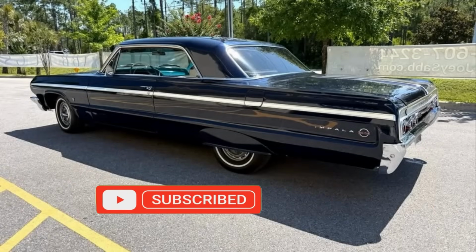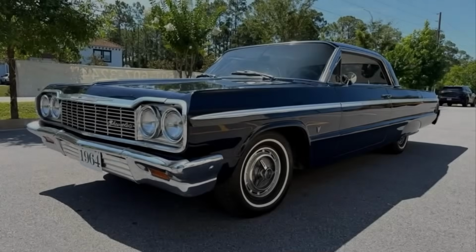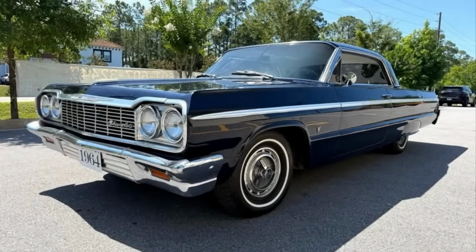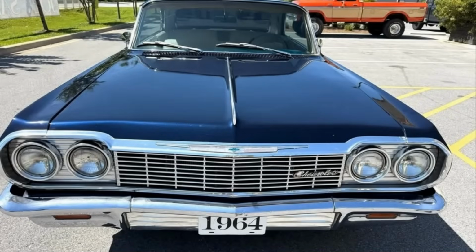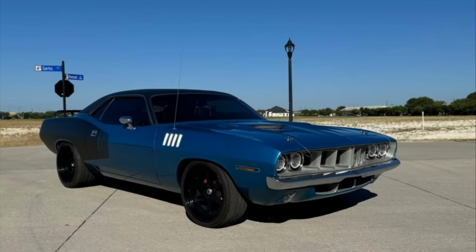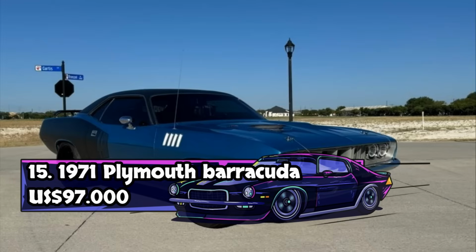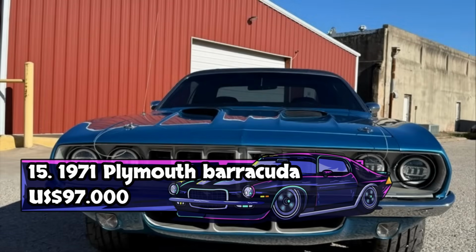originality and drivability. Financing and nationwide shipping are available through the seller for qualified buyers, making it easier for interested enthusiasts to add this beautiful Impala SS to their garage. Whether for cruising down the coast or parking at the local car show, this is a standout piece of Chevrolet's muscle-era heritage. Number 15. This 1971 Plymouth Barracuda, offered at $97,000 and located in Celeste, Texas, is a professionally built